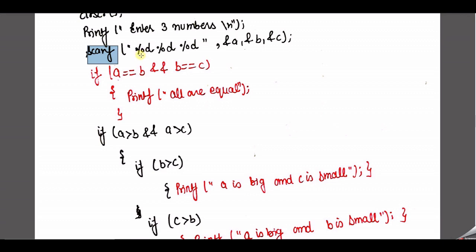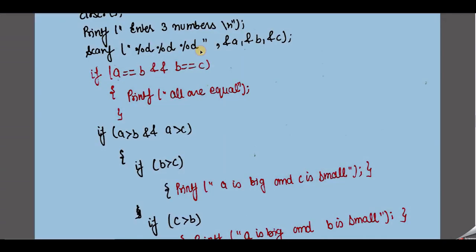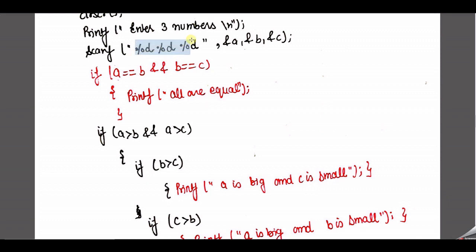Now our input device is ready to take input from the user, and we specify which kind of value it will accept. As I see, the format %d is used here three times. Three times means the scanf function instructs our compiler to accept three integer numbers from the user with the help of the standard input device, not four times, not two times, exactly three times. So exactly three times I have to give the instructions to our keyboard to take the numbers from the user.